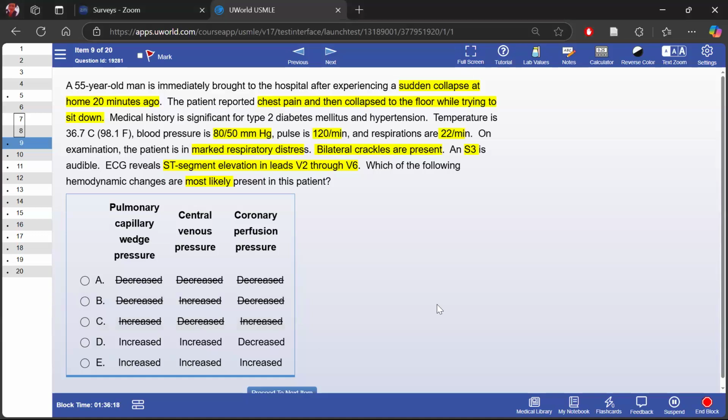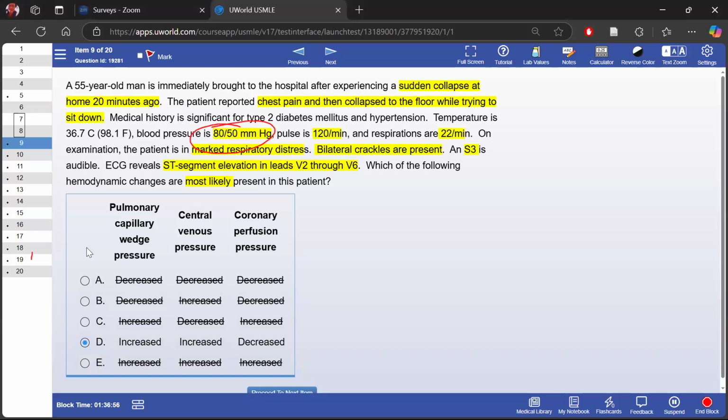What about coronary perfusion pressure? Will that be increased or decreased? Coronary perfusion pressure is going to be decreased. Excellent, Rashid. In fact, the perfusion pressure to all the organs in the body will be decreased because why? The blood pressure is low. So the pressure in the aorta is low, which means the pressure that we're pushing blood to the organs will be low as well. So that rules out E, and we are left with D as the best answer